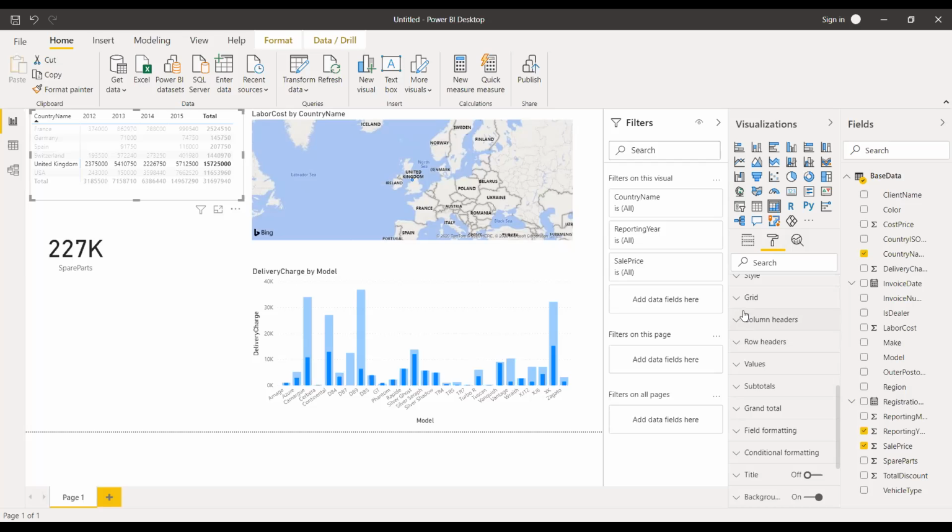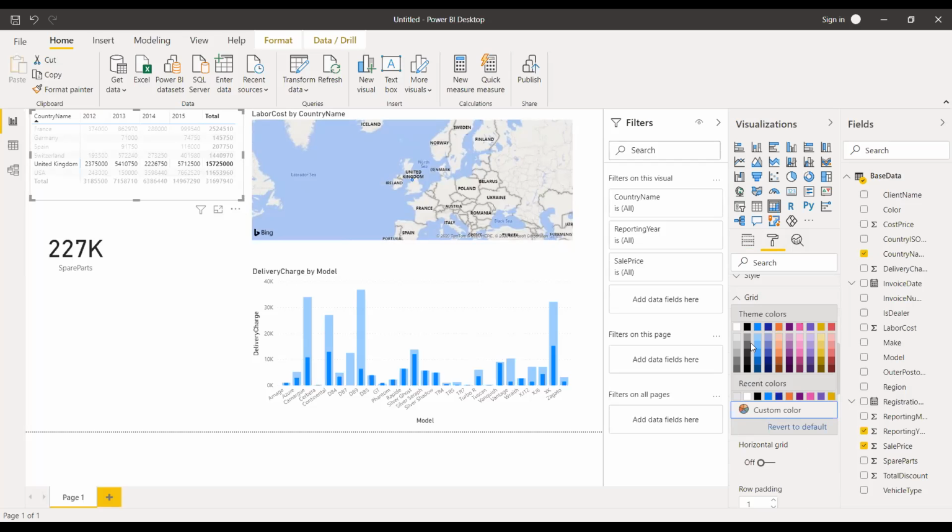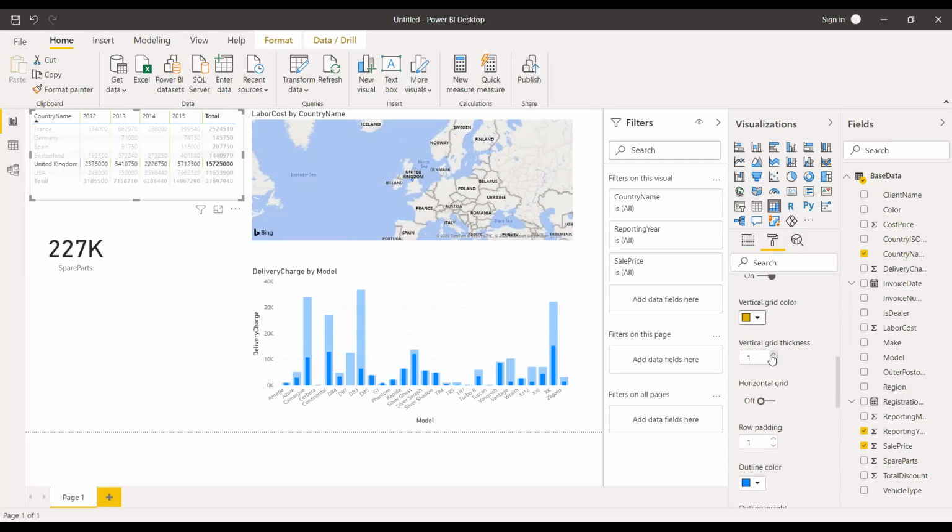Now, style grid lines. Grid lines is an important feature. Vertical grid lines, there is no vertical grid line. If we turn on the grid lines, the color of the vertical grid lines is shown in a light version. If you want to change the thickness, you can see that the thickness will change according to the number you are entering.